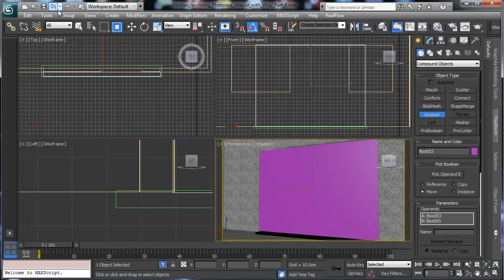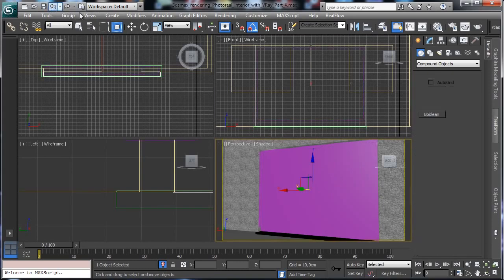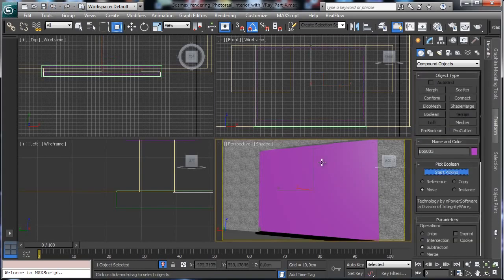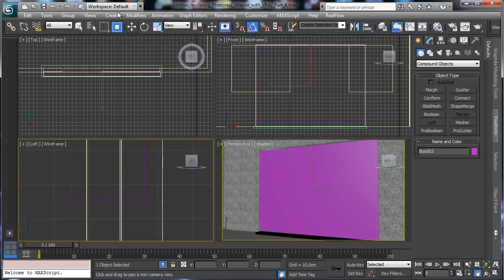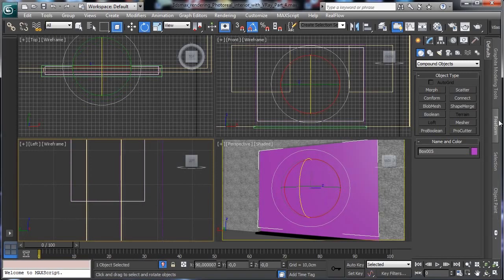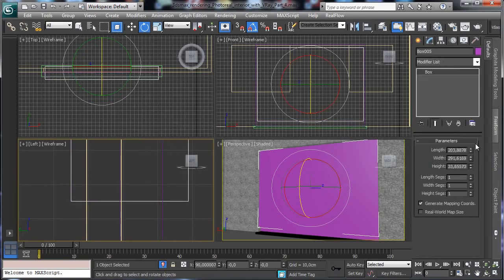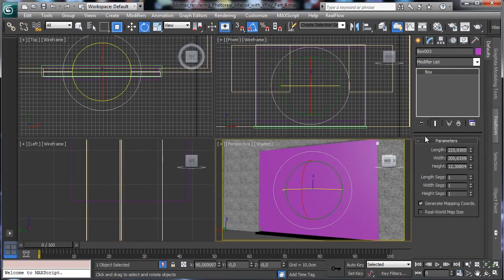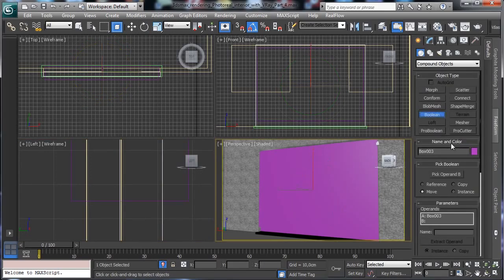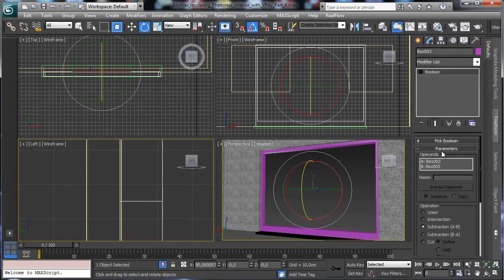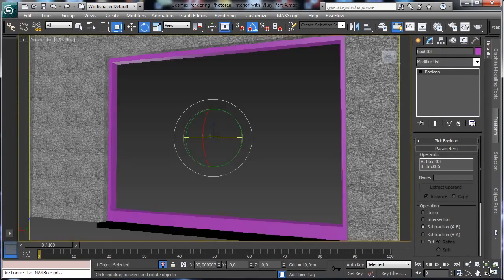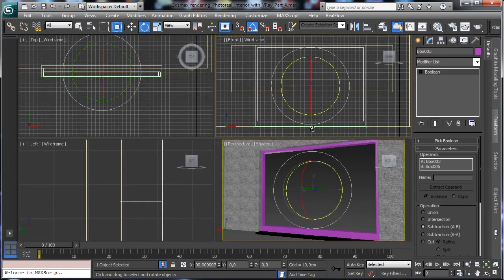Okay, we have a problem. Let's say back pro boolean pick operand. I think maybe that I'm using a wrong position. Let's see. Oh yes, right. Okay, nice. So let's pick there, and boolean pick operand, and this one. Okay, perfect. So this one will be a metal stuff, but I like to see how much